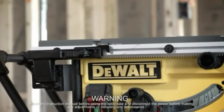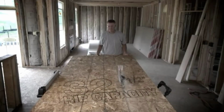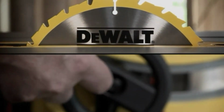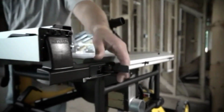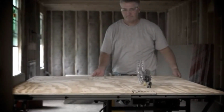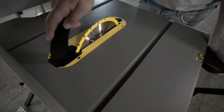Other specs: max rip to left of blade 22 inches, max rip to right of blade 32-1/2 inches, max width of dado 13/16 inch, arbor size 5/8 inch, amps 15, depth of cut at 45 degrees 2-1/4 inches, depth of cut at 90 degrees 3-1/8 inches, no load speed